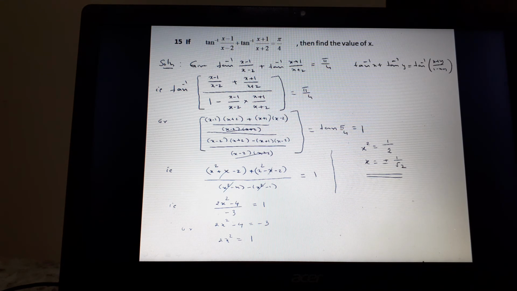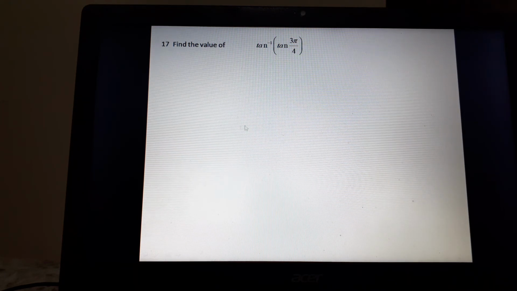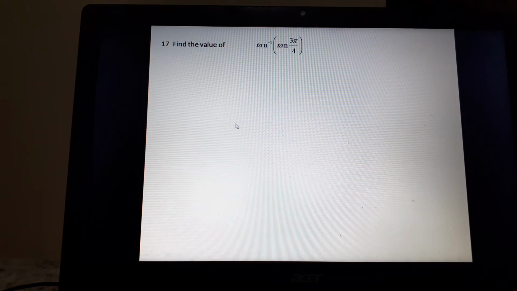So this type of question is called an inverse trigonometric equation. That is, finding the solution. Next, 17th question. 17th question is